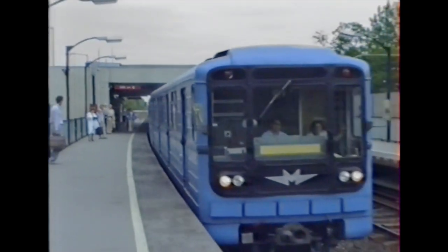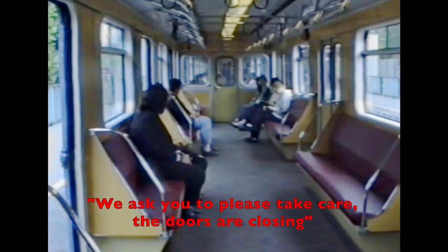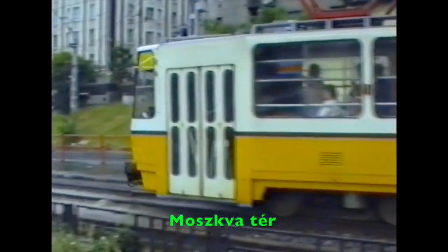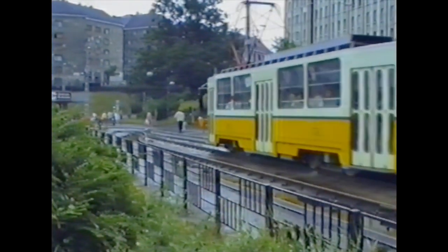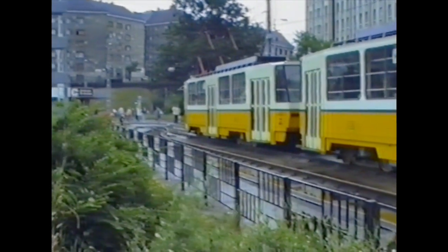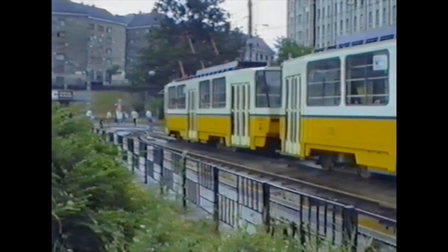Also to see 2 car styles there. Fairly plain inside with longitudinal seats. The final step will be the 56 tram, which comes into Moscow Ter, which is doing at the moment. Unloading. It'll go around the back of the station and take me up to the bottom end of the railway,